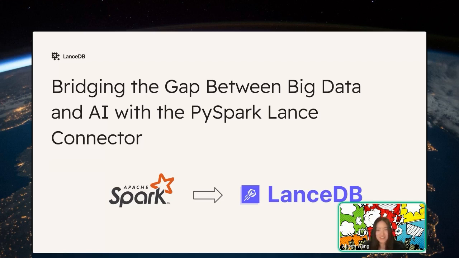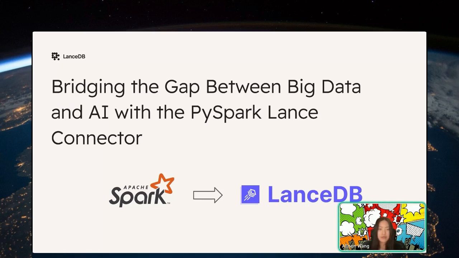Yeah, so as Lou mentioned, LensDB is a super powerful and performant vector database. But the very first step to use LensDB is to convert your data into the lens format. This process is often challenging because data is often messy and saved in many different formats such as CSV, JSON, Parquet, and pretty much scattered across various locations such as cloud storage and different databases.